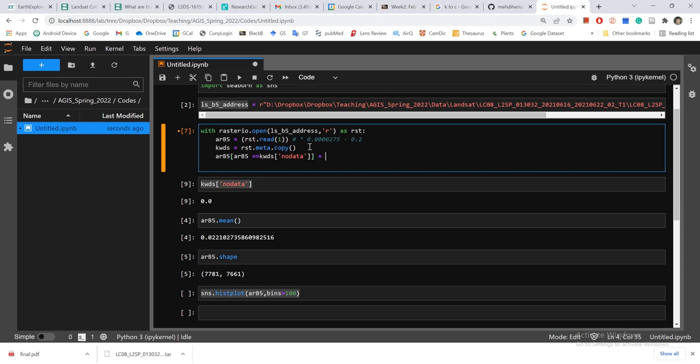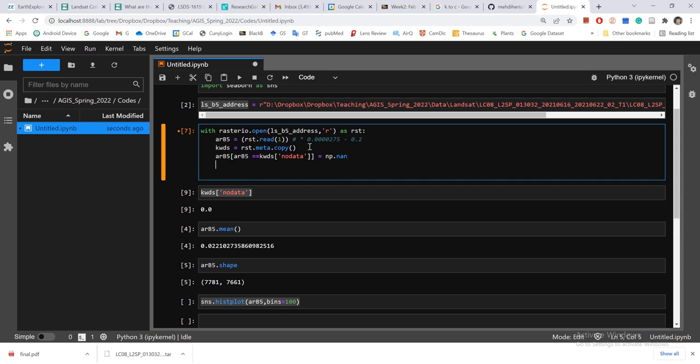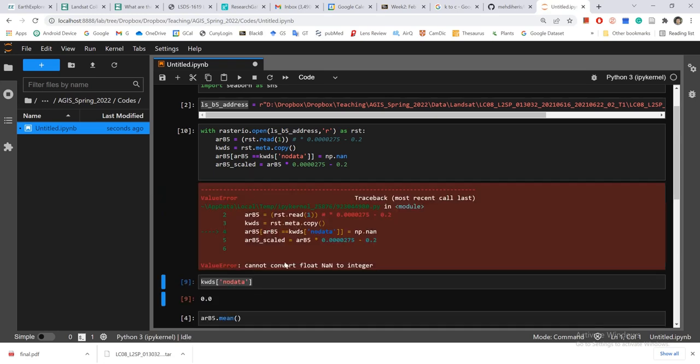Close that bracket, put np.nan, put not a number there, so that will handle that part. And then rb5 scaled: I'm going to scale this, it is rb5 multiplied by that number minus this number. That should be it. So now if I run this,